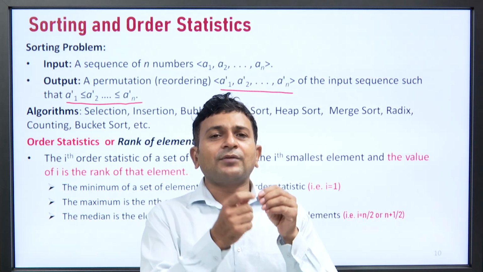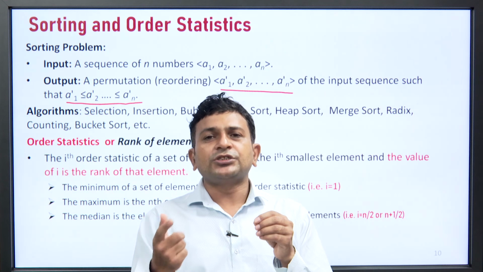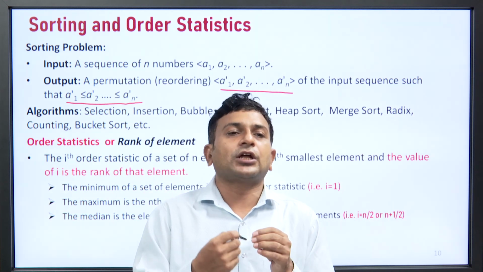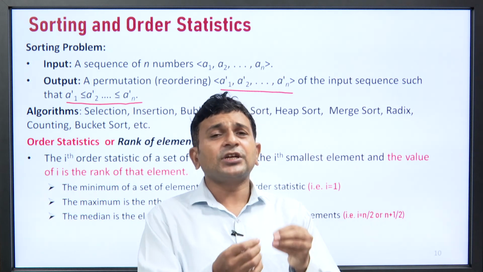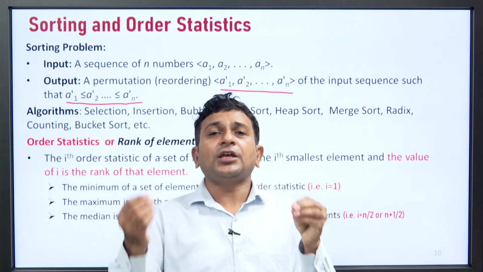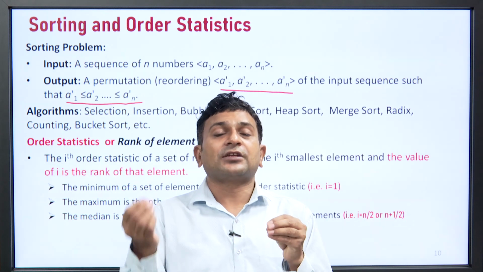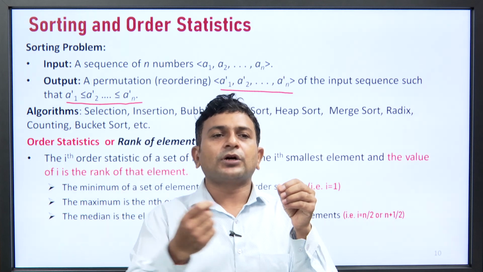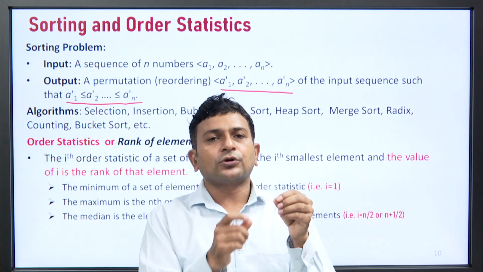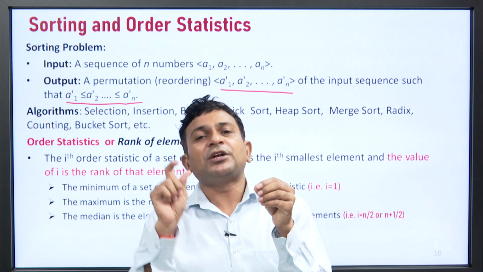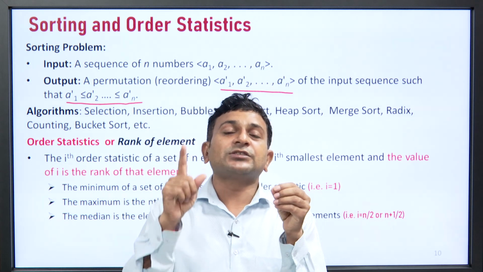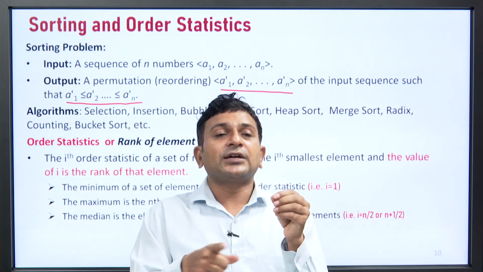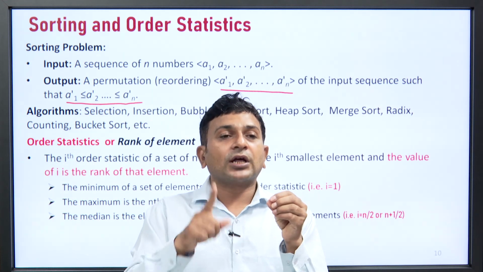Basically, if we have a given set of n numbers, initially we have to arrange those numbers in increasing order, we have to sort it using some sorting algorithm. Once the elements are sorted, it is very easy to find the ith smallest element. If the elements are already in increasing order and you want to find the fifth smallest element, we pick the fifth index of that array, and that will give us the fifth smallest element, or in other words, the fifth order statistic.